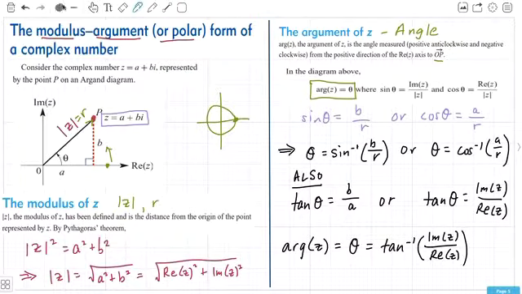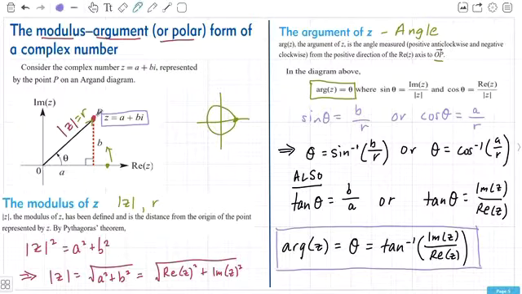Okay, so that's the formula that I actually use when I'm dealing with complex numbers and trying to find arg. I just like that because it doesn't actually use mod z. So if you do make a mistake with mod z or with finding r, your argument isn't going to be affected. So remember, the key thing to take away from this is the argument of z is the angle that